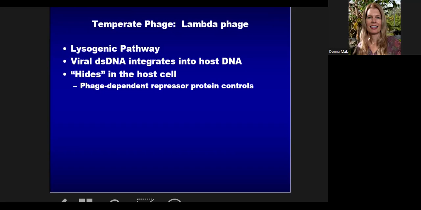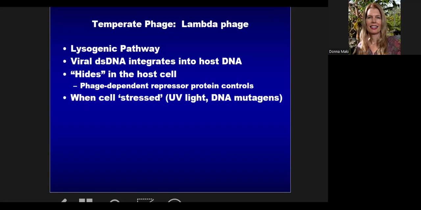And so they still don't know all the details of how this happens, but they know that there are certain key proteins that the phage has to have in order to keep its DNA pasted into the host DNA and just stable and just stays there for a while. And then at least in lab experiments, the way that they can get that viral DNA to get active is to stress the cell in some way. And so usually in a lab, you hit it with UV light, that's pretty stressful, or you can add a chemical that's a mutagen, and that will trigger the virus DNA to get cut out of the host DNA,